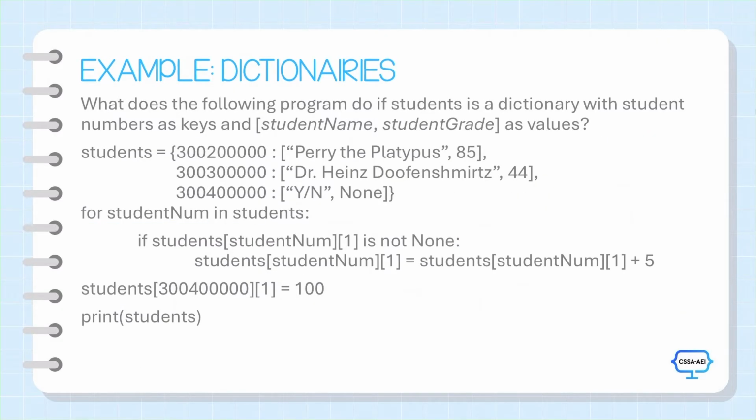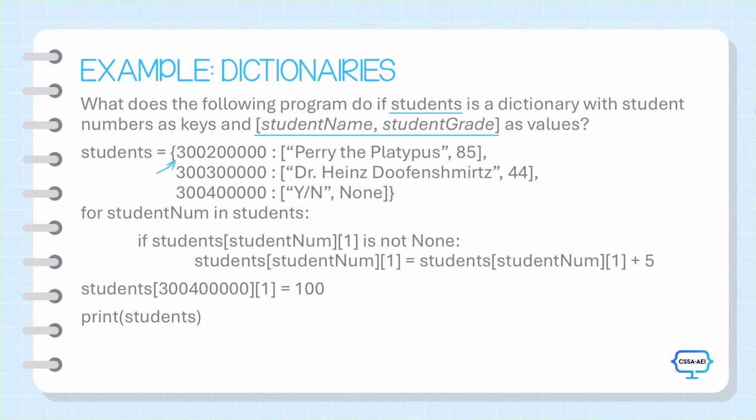So I have a dictionary of students where the key is their student number, and I have a list with their name and their grade as the value. This is a good example as to why a dictionary can be a lot more powerful than a standard list, because especially here where